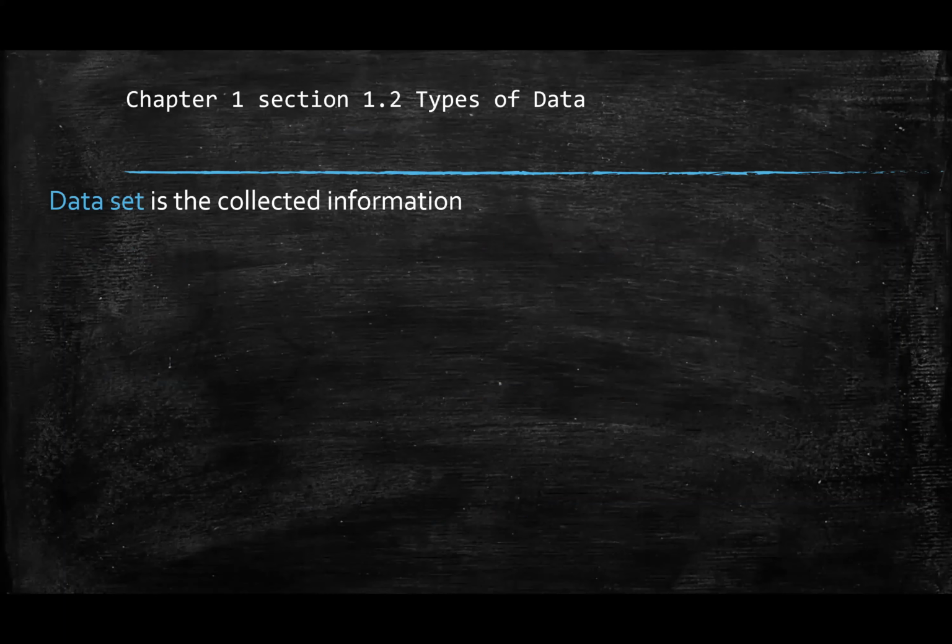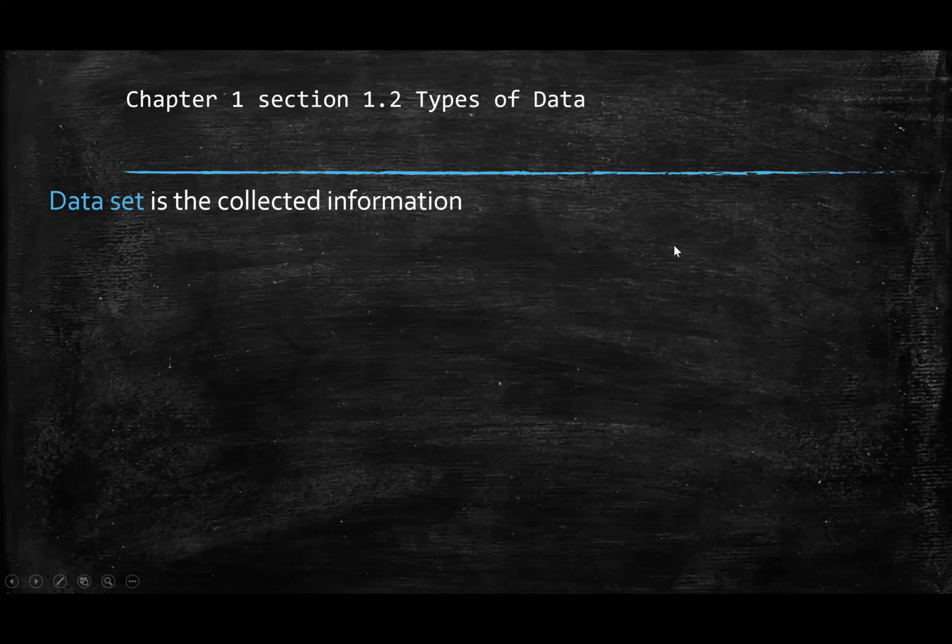1.2, which is about different types of data. The overall item we have in 1.2 is the data set, which is basically a set containing all of the collected information. Whatever information you collect will be our data set. So inside our data set,